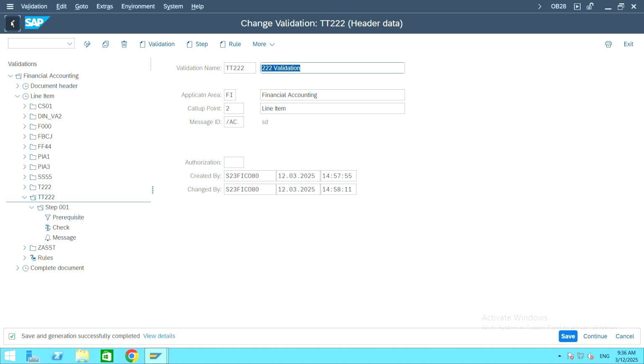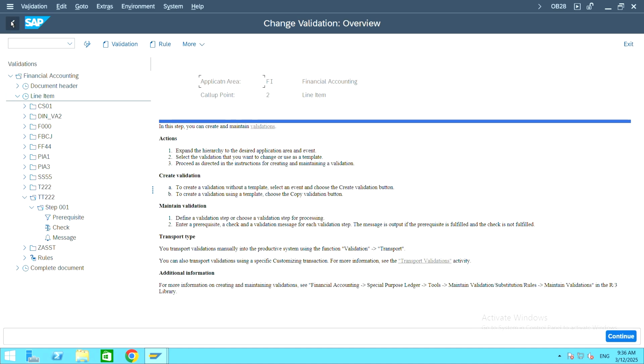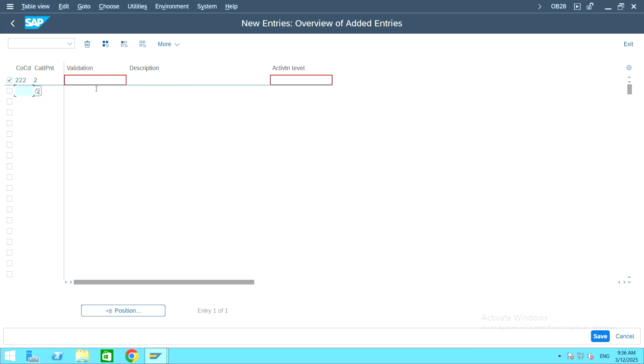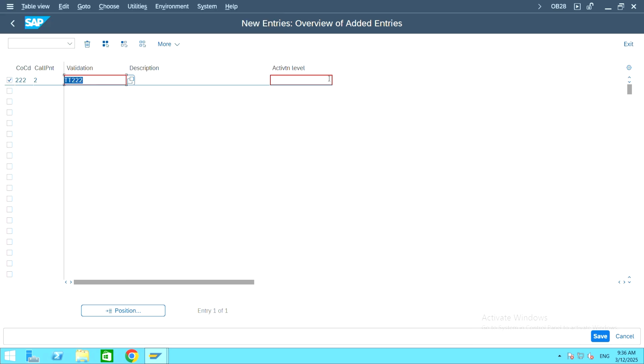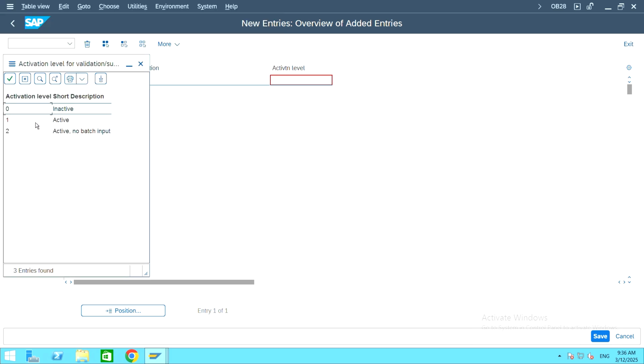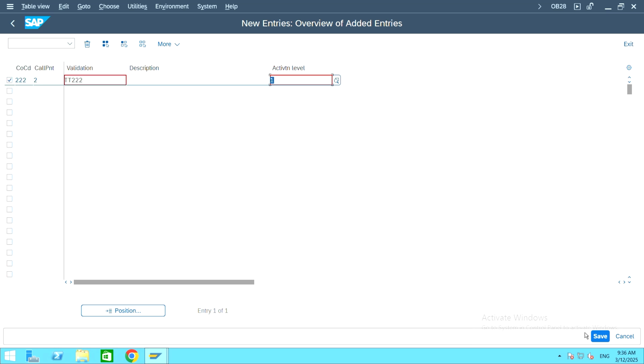And now go back, again click back. Here in the first line, give the validation which we have created, that is T222. And in activation level, select 1 and click on Save. Data is saved. Now go to the transaction code OBC4